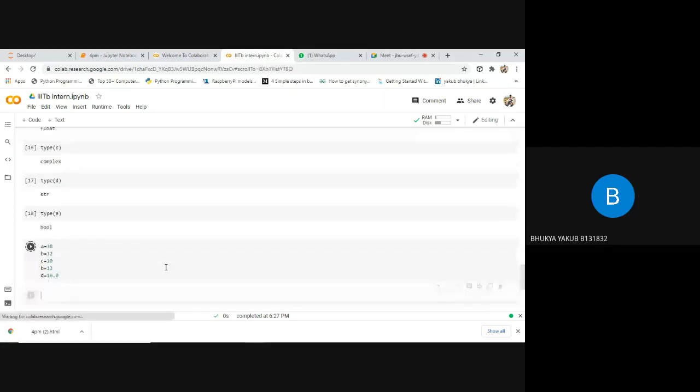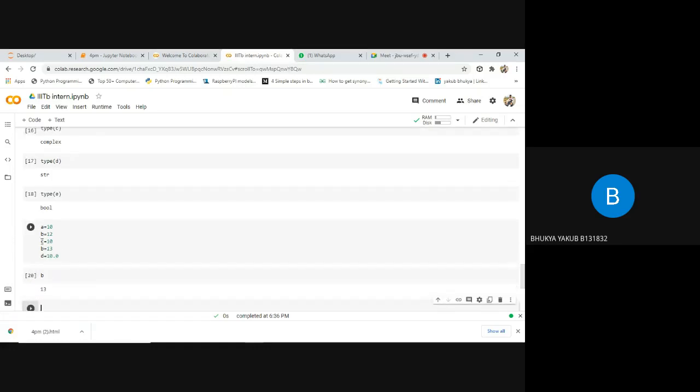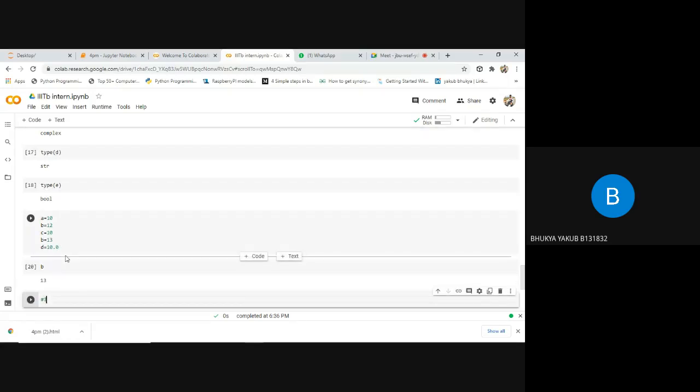See here I'm running this portion. Now here initially I want to observe the value present in B. For the variable B we gave value 12 first, after that we specified value 13. Whereas if you observe the result of B, it's giving 13. It means whatever value you give finally will be considered as the final value of that variable.